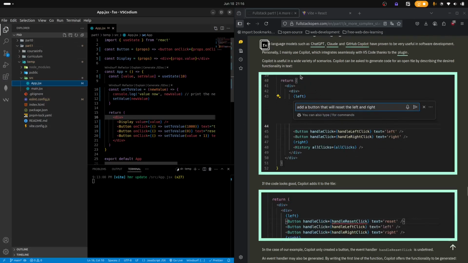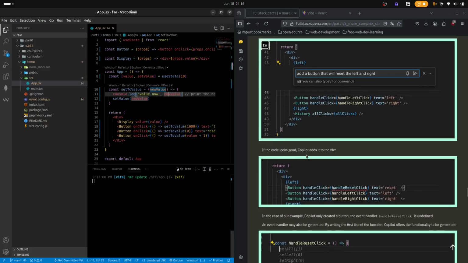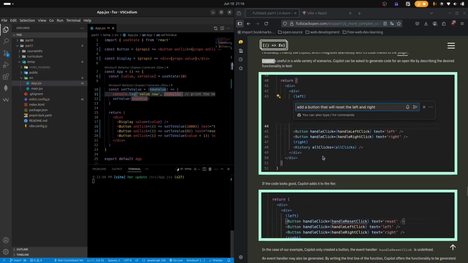Yes, so there are quite a few options. I think for VS Code, Copilot is probably the best way. Because I use an open source version of VS Codium, I use Windsurf instead. So